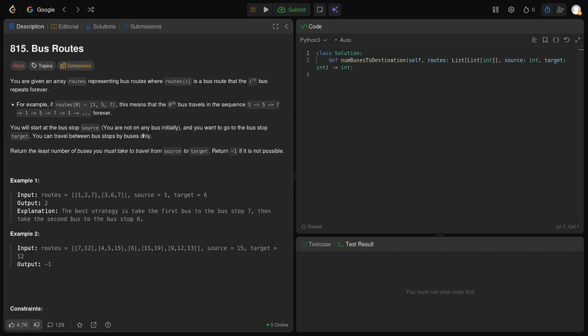Okay, so my thinking is that we just model this as a graph problem, and then we have edges of size 1, so we do BFS. Now how to properly do it? What will be the edges and what will be the nodes? Well, the edges should be